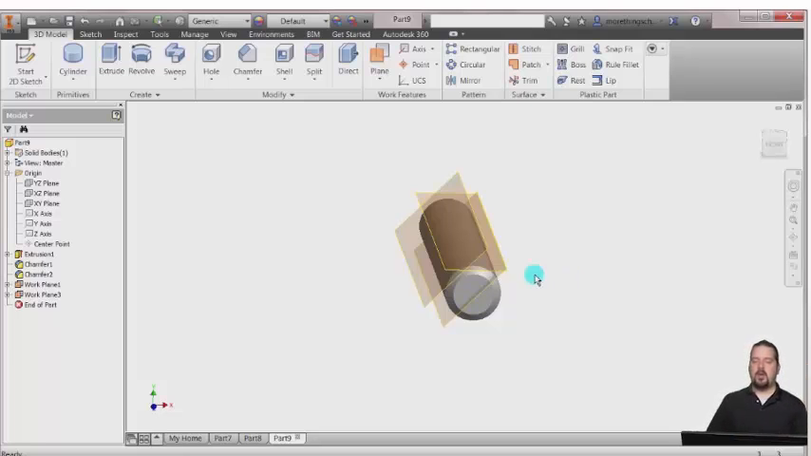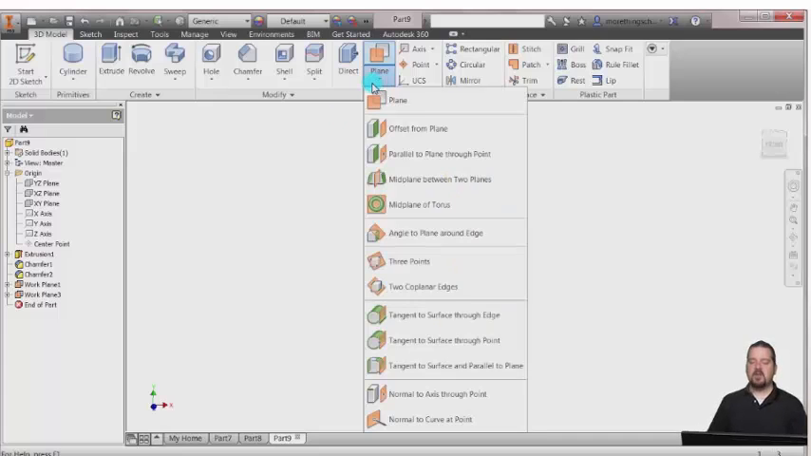So those are work planes. I didn't touch on necessarily every single one, but hopefully you see enough here to understand what they're used for, how they're used, where you might use them,